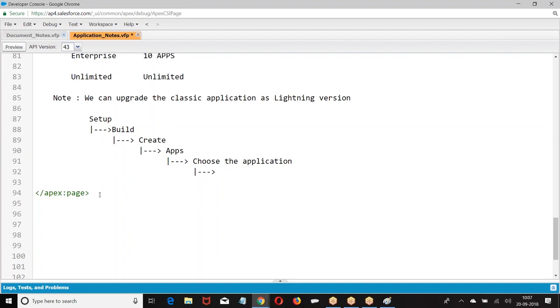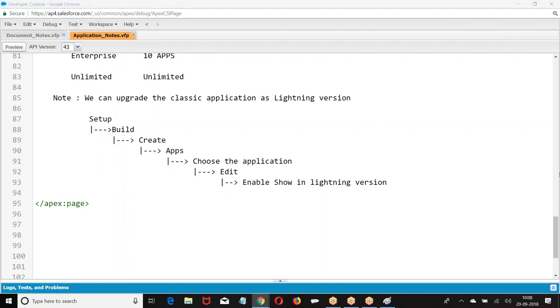Choose the application, then edit. Enable. Show in lightning version. I hope you're good with this. So this is how we have created lightning applications and classic applications. I hope you're good with this example.